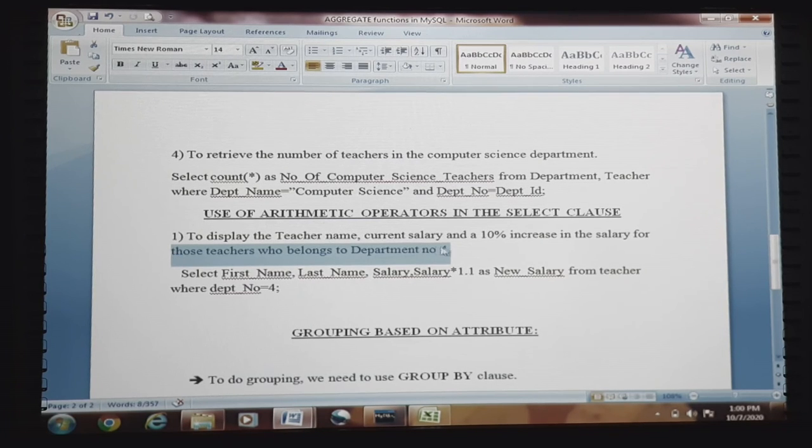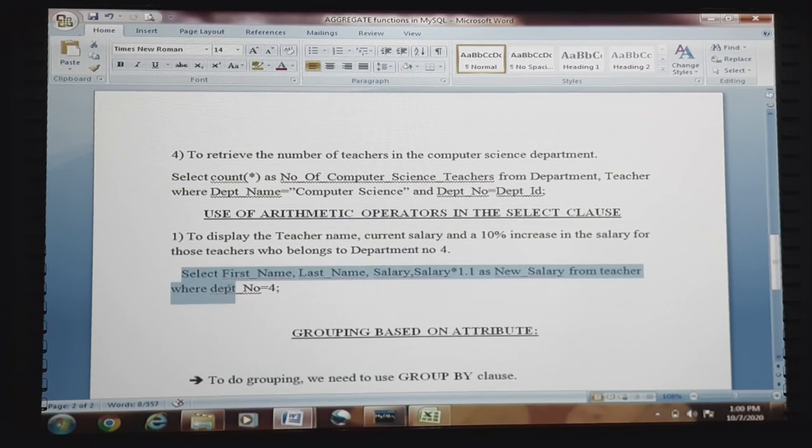See, using select rows, we are using an arithmetic operator for the percentage. So how can it be achieved? The query goes like this: select first name, last name. Teacher name we are discussing, so both the name fields will be there. Then salary, the current salary, and new salary is salary multiplied by 1.1 as new salary.